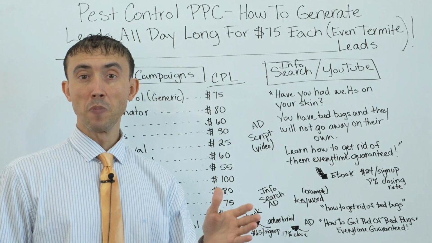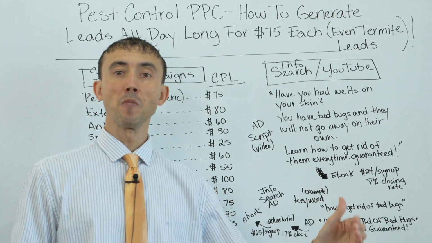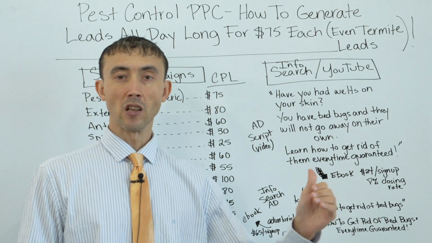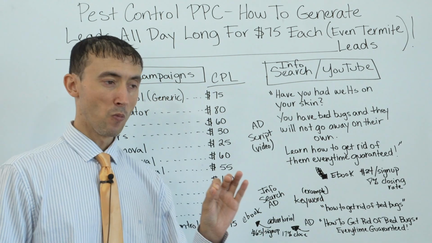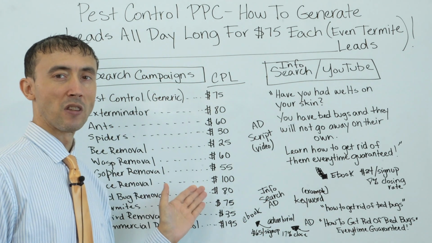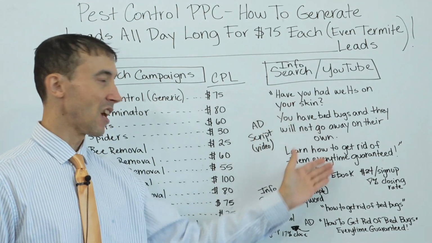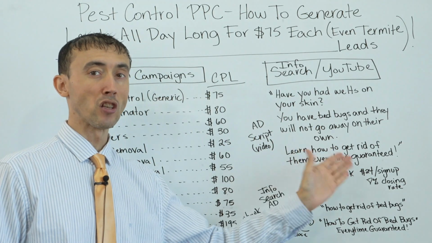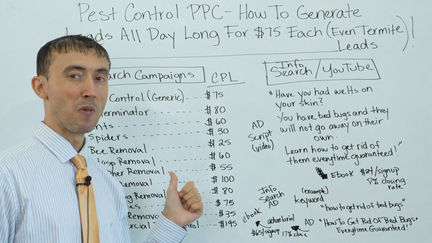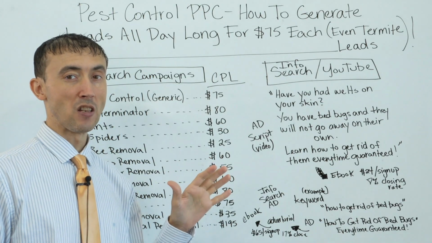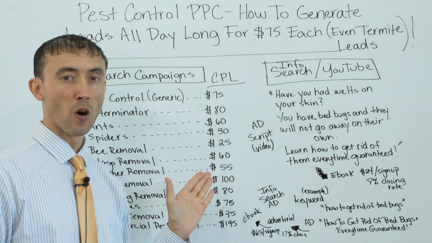These are the real people that you're after, and you can get in front of them before any of your competitors do. As long as you have a good piece of bait for them, you will get them before anybody else. With that said, generally, you start out with this, and then you go into this, because this takes some more finesse to get dialed in just right, whereas with this, you can make it work right away, even though the cost per lead is not going to be this low right away, because you have no reputation with Google,